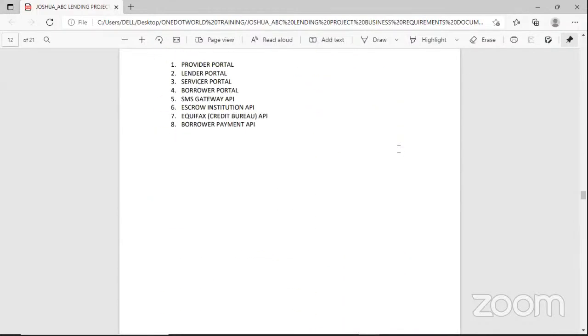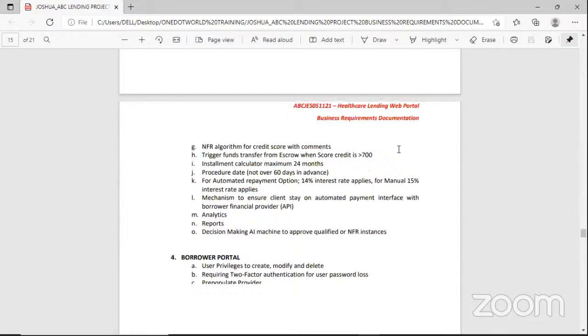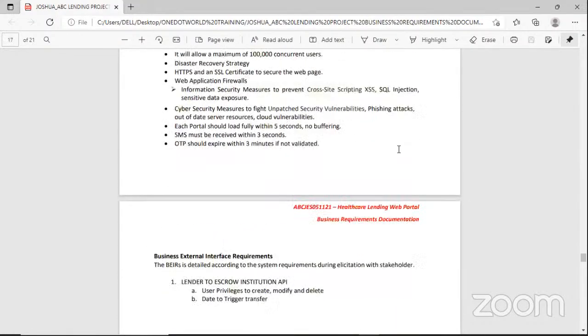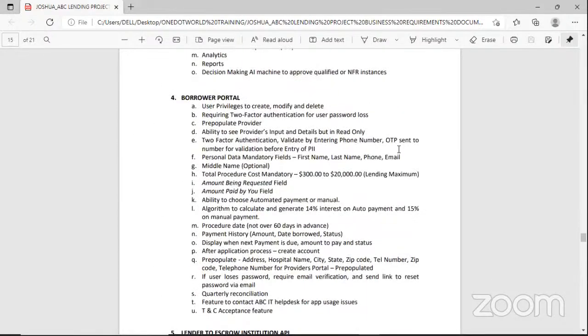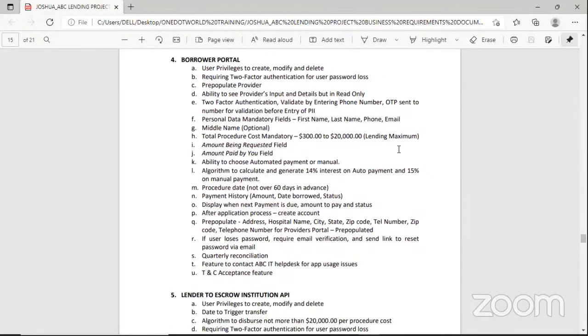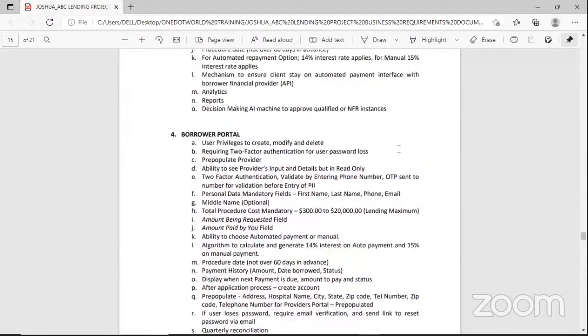I think the stakeholders agree that we are going to use the social security number, which is a 9-digit number, to run the credit check. So we need the bonus social security number. However, I'm not seeing that requirement here. Yes, the social security number to help you run the credit score. Okay. Yes.